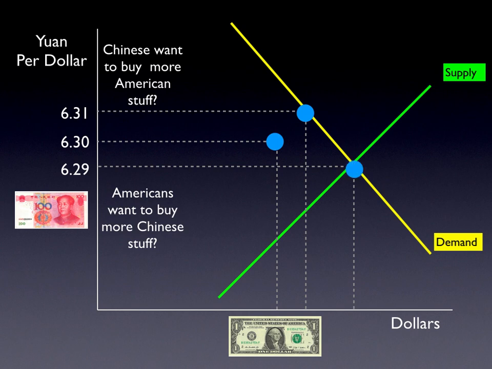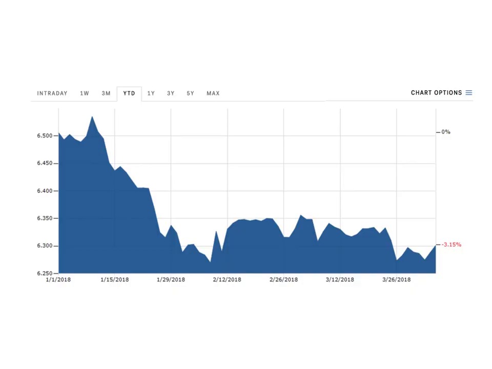All right, so you might want to rewind this a little bit and review that theory and how that works. Changes in supply and demand will change that dollar to yuan rate. Okay? All right, so we could look at this